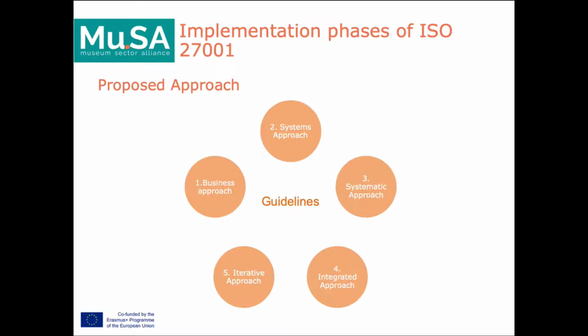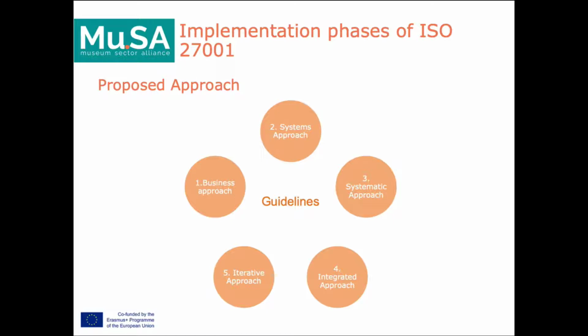Overall, no implementation of isolated process. Third, systematic approach. Applying the best practices of project management, as, for example, the ISO 10006. Fourth, integrated approach. A management system for the overall management of security and not one for SOX, one for Basel II, one for 27001, etc. Also align or integrate the ISMS with other management systems already in place in the organization.